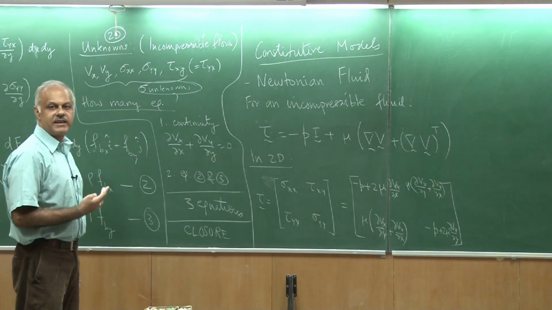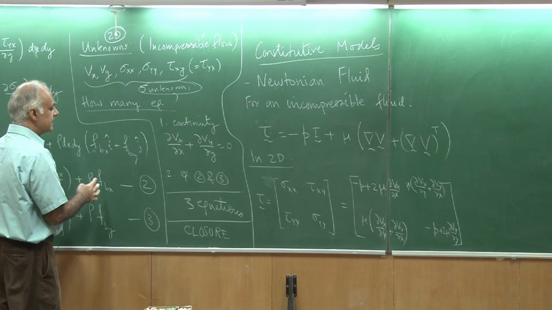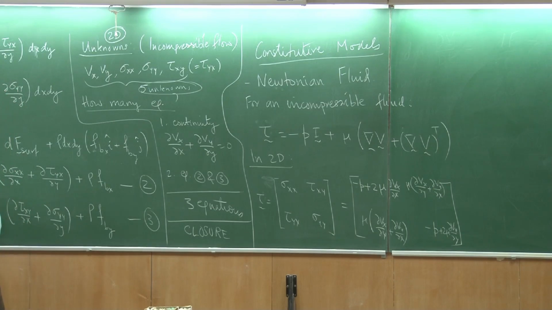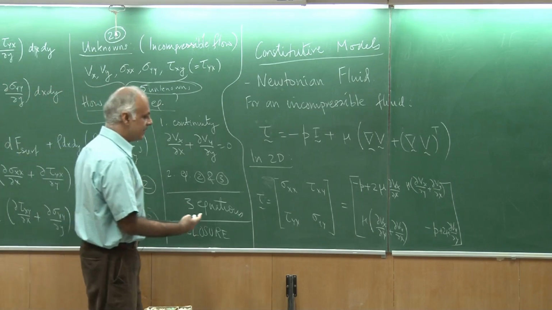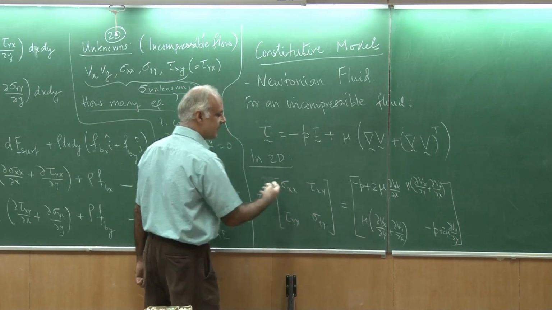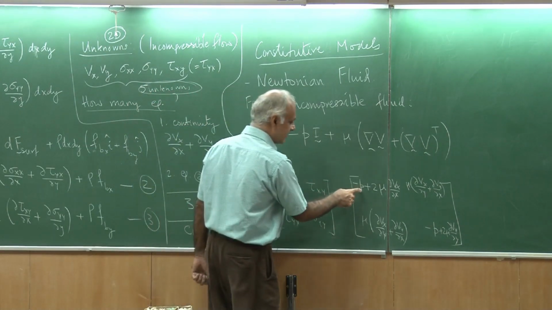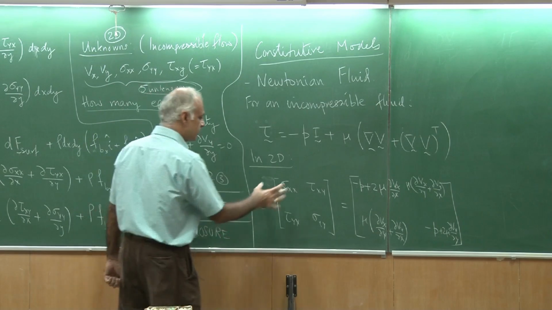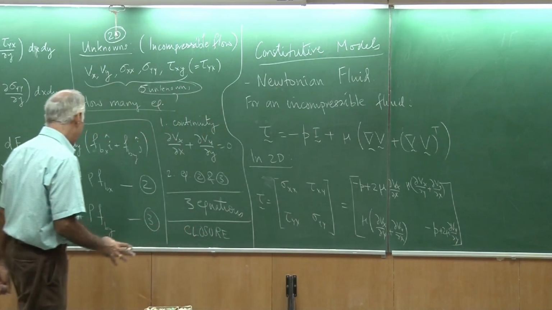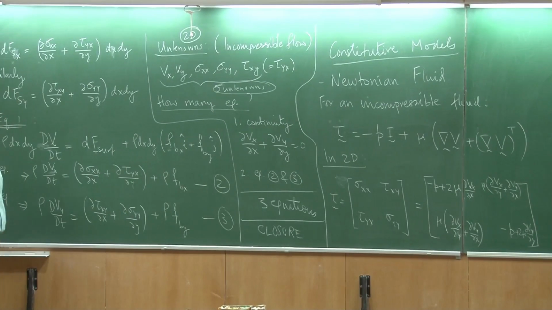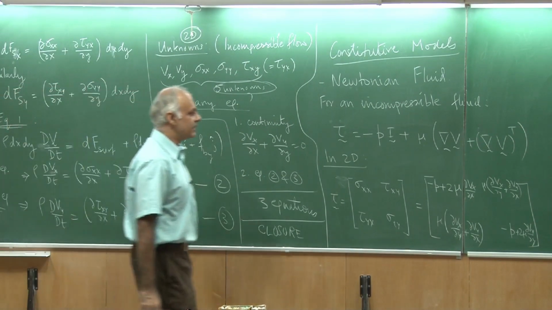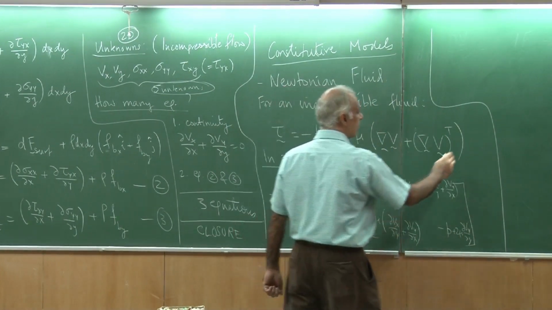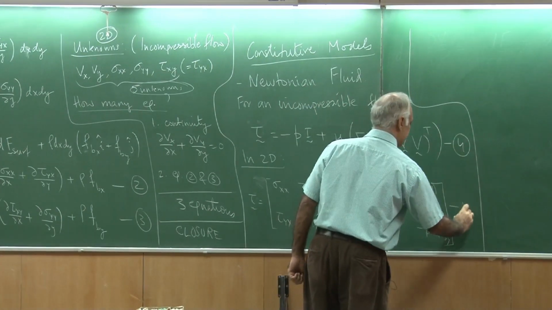And now suddenly things start making sense. If you recall, in 2 dimensions I had 5 unknowns and 3 equations. It was not solvable. But now what I have done is I have introduced some more relationships, but I have added another unknown called the pressure. So, let us see if this works out. So, we are going to use these definitions of sigma and tau and plug them into equations 2 and 3 and see if everything works out. So, let us do that. Let me call this equation 4 and maybe this equation 5.